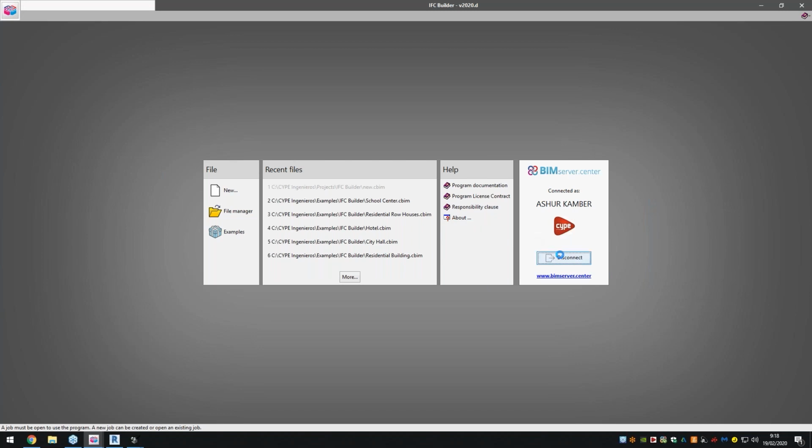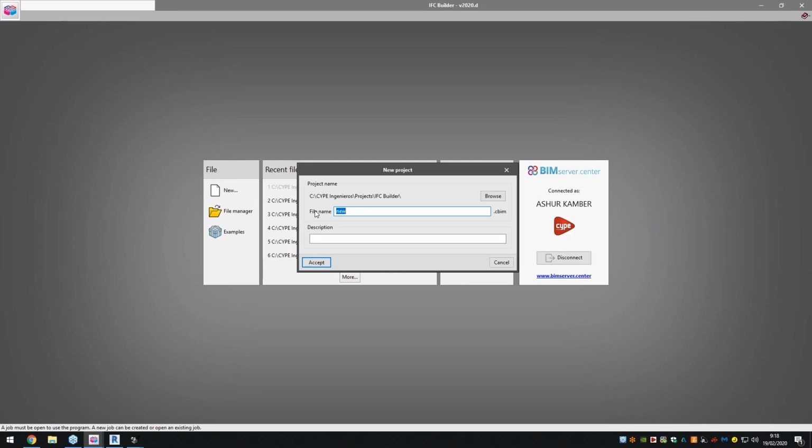So what I can do is disconnect here, and all I need to do is log in with the same login that I have on the BIM Server Center. And once I've connected, you can see that that connection has been made, and I can move forward with the project. So what I'm going to do now is create a new project. Let's call this